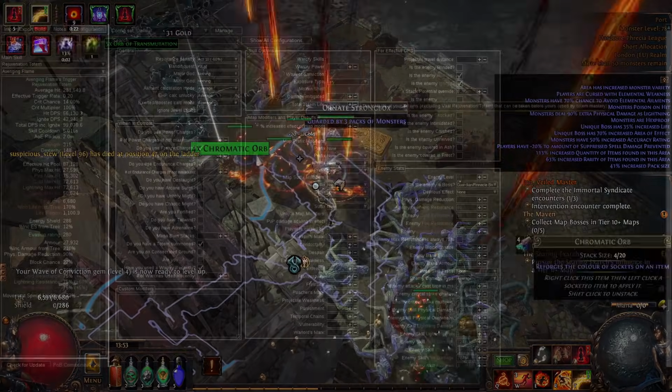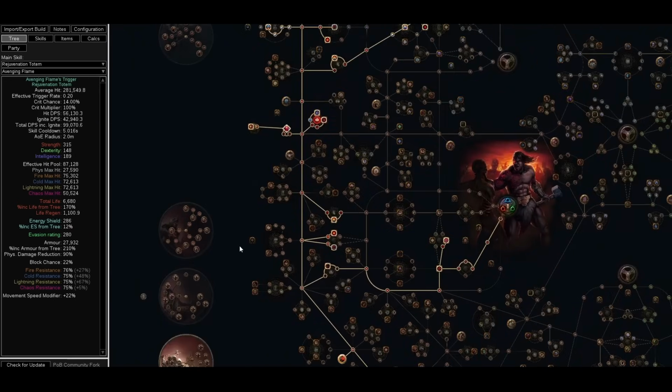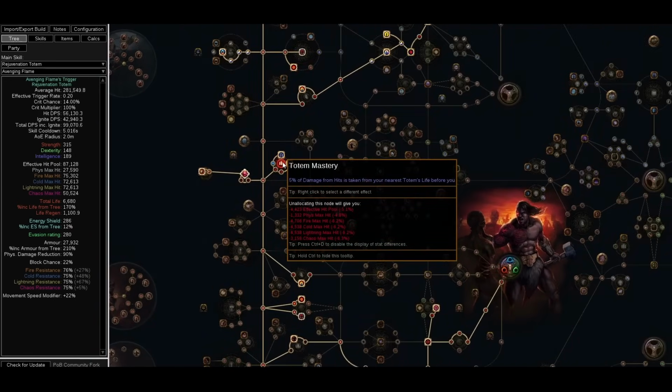For example, if we actually turn off, so we've got our totem life here, that is 5 totems summoned. It's actually a little bit more than this, but 25,000 life approximately for 5 totems. If we remove that, you can see that our effective hit pool drops and our max hits all drop at the same time, because this is our totems actually taking 25% of hit damage before we do. And that is happening all the time because we have 20% coming there from Forest of Ancestors and another 5%